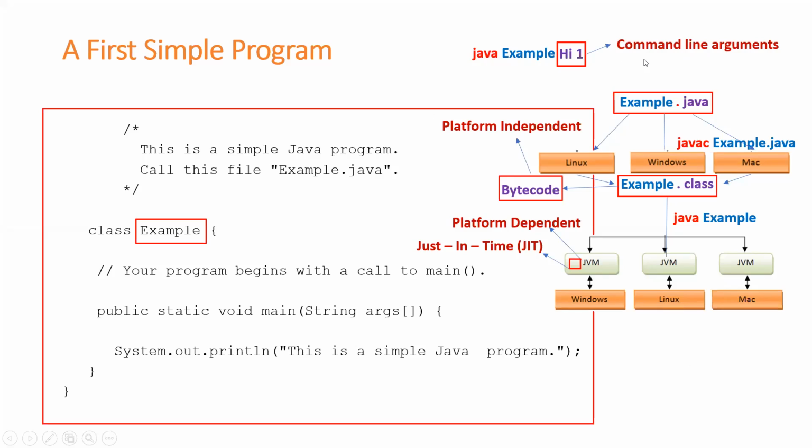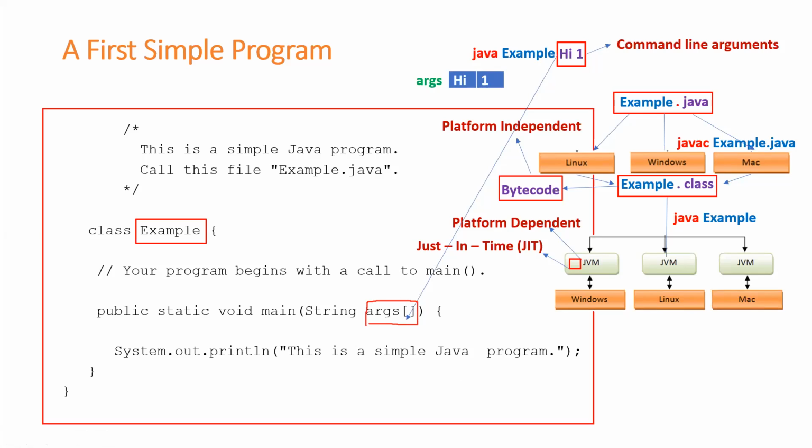So totally how many arguments am I passing? Two arguments. And these two arguments will be passed to this array, that is ARGS. You see that? I put an arrow. These two arguments, hi as the first argument and one as the second argument, will be passed to this array.